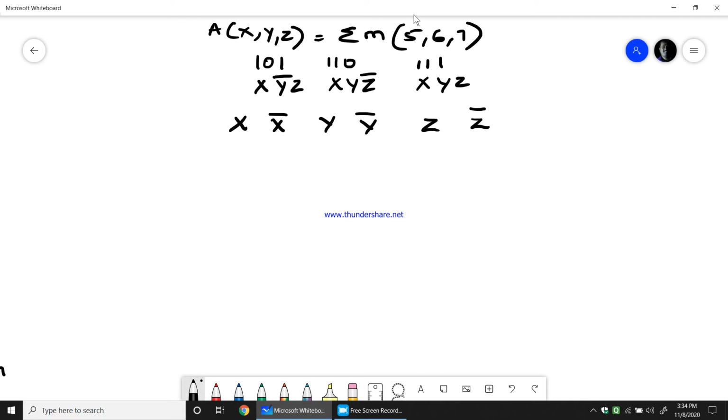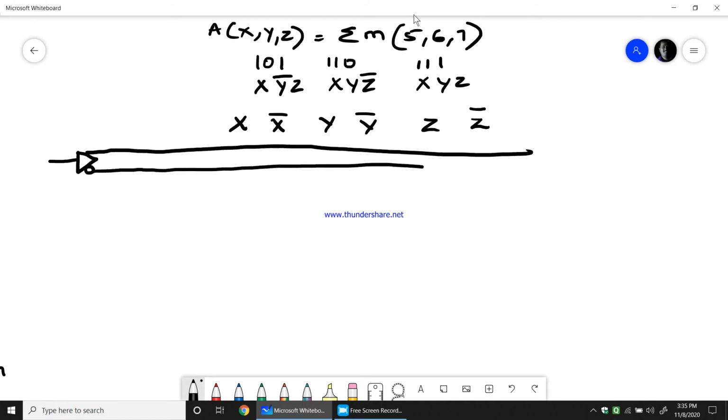So here we normally have an inverter, where one of the outputs will be a non-inverting output, and the other output, with a bubble, will be the inverter output, and this is x. Similarly we have the other input, which is y.